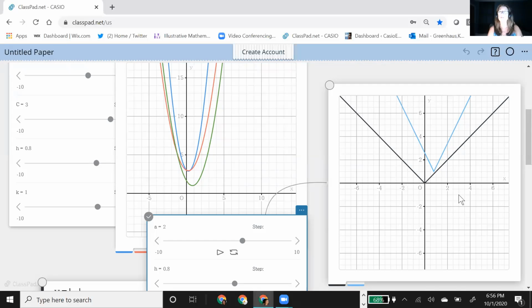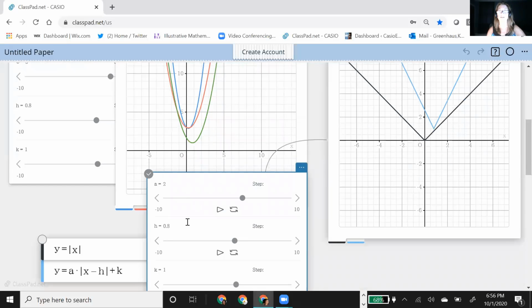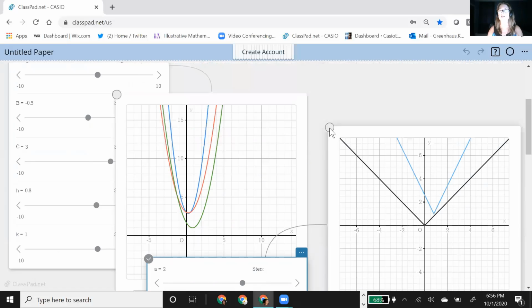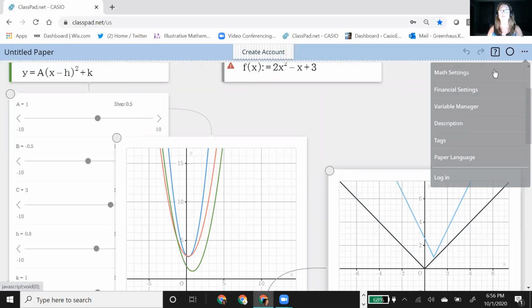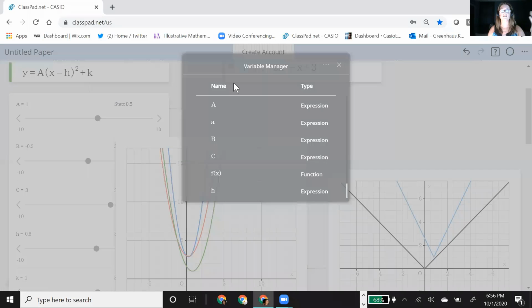And before I move on, I did want to notice that I have lots of variables going on right now in my sliders. So my sliders are controlled by my variables that I created. And I can go up here to the three dots, as Amy was saying, and you'll see there's this thing called Variable Manager. And this basically lists all the different variables that you have used. So I've used f of x, a function that I used in the calculate sticky. And I think there's a scroll down. So this will just tell me what they are.